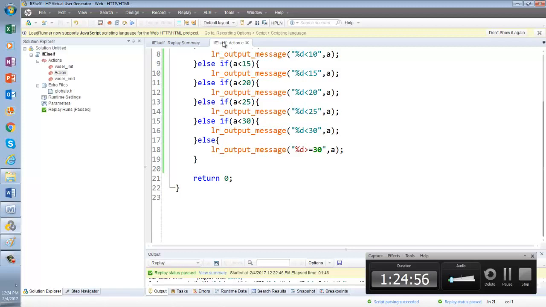Let me give you an example. Let's say you are trying to transfer money from your account. You have a balance of $50 in your account. If you try to transfer 100, will it transfer? No, right? So you need to test it. You need to test that if you want to transfer a higher amount than your balance, what will happen?